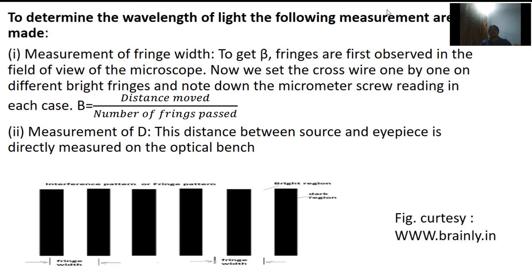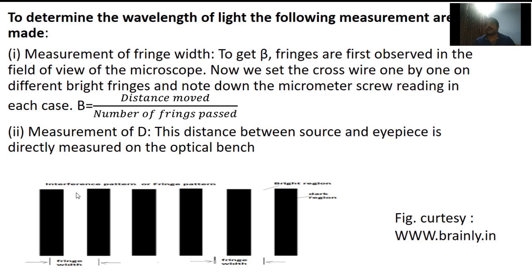We know that from the definition of fringe width, the fringe width is nothing but the distance between two consecutive bright or two consecutive dark fringes. To get beta, fringes are first observed in the field of view of the microscope. The cross wire is made to coincide with one of the bright fringes and the reading on the microscope is